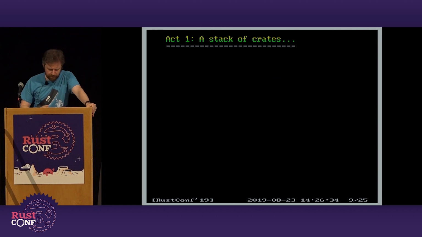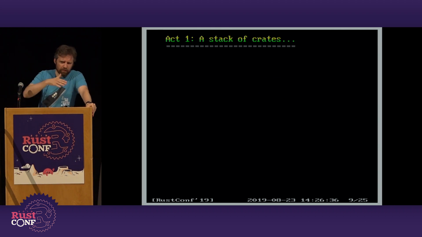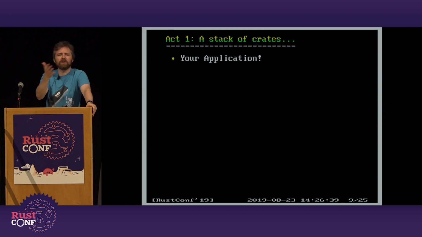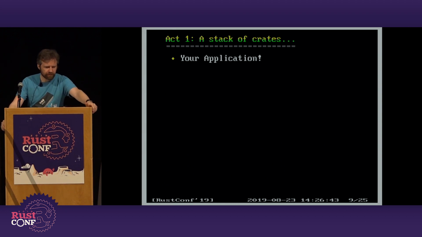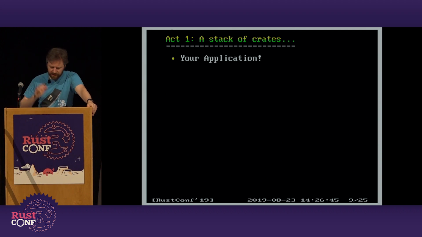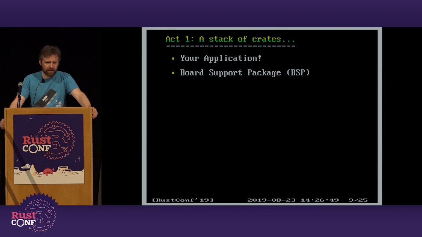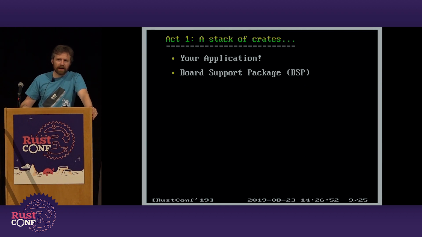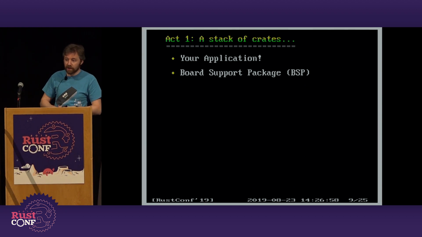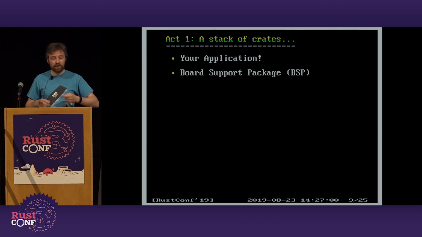So the projects you work on are just sort of built in a stack. At the top, there's the thing you're writing, the application, the game, the little widget demo, whatever it is. That sits at the top, and underneath you've probably got what we call a board support package. This will be a crate someone has written that describes the board you're running on. It might be a commercial board you can buy, maybe an ST Micro discovery board. There'll be a crate that says, okay, I've got 3 LEDs and I've got 2 buttons, and you can call